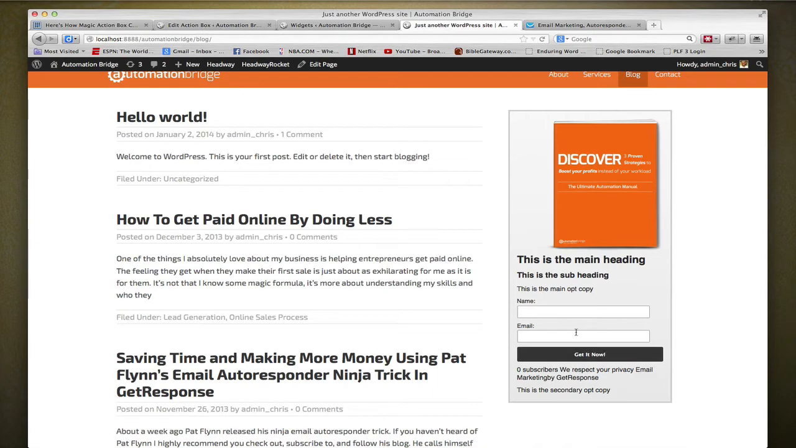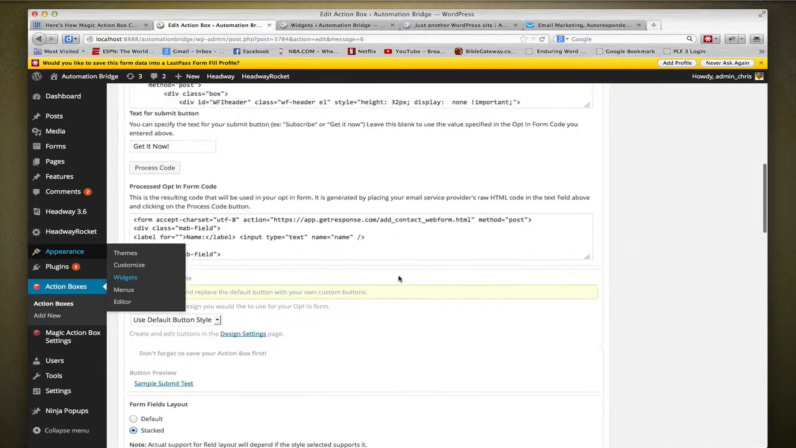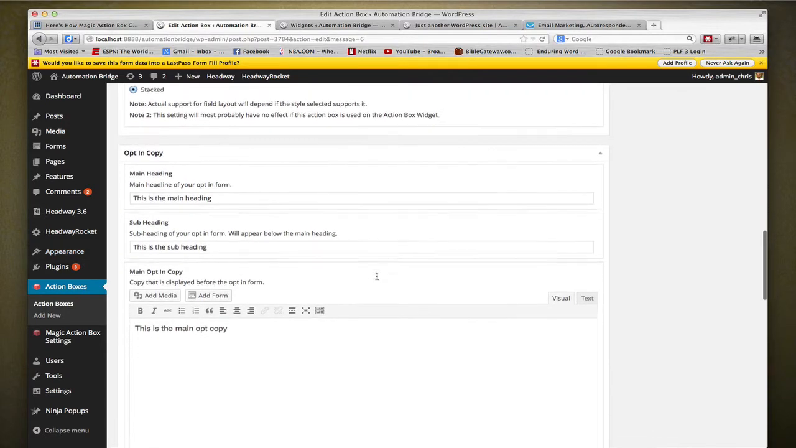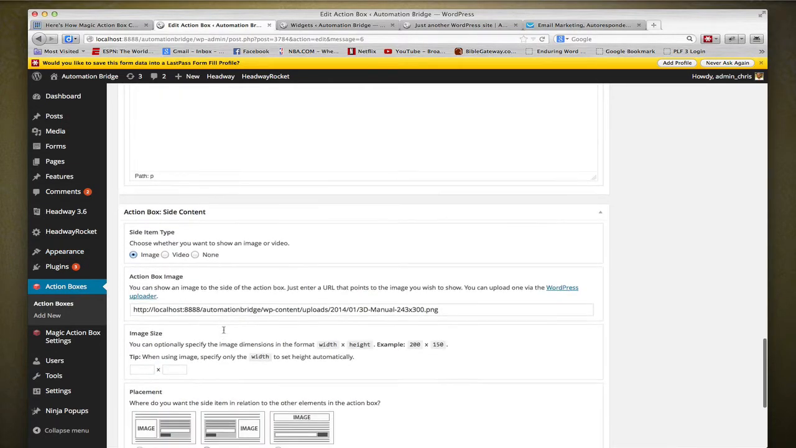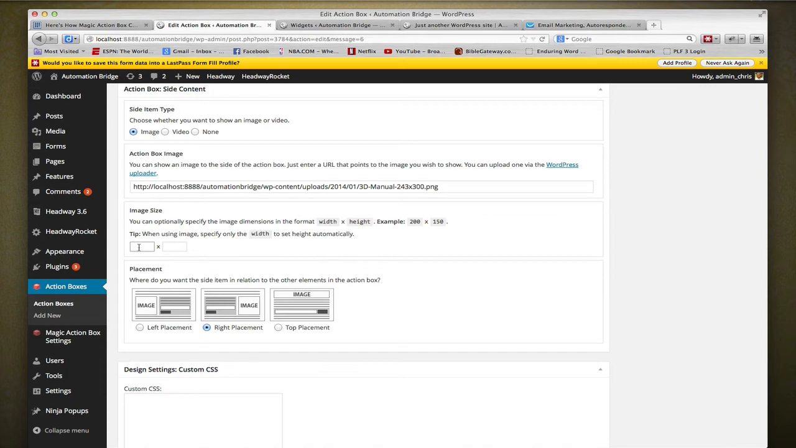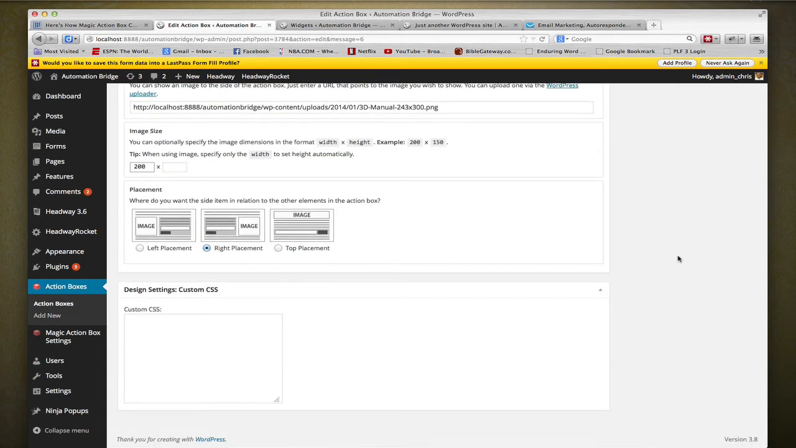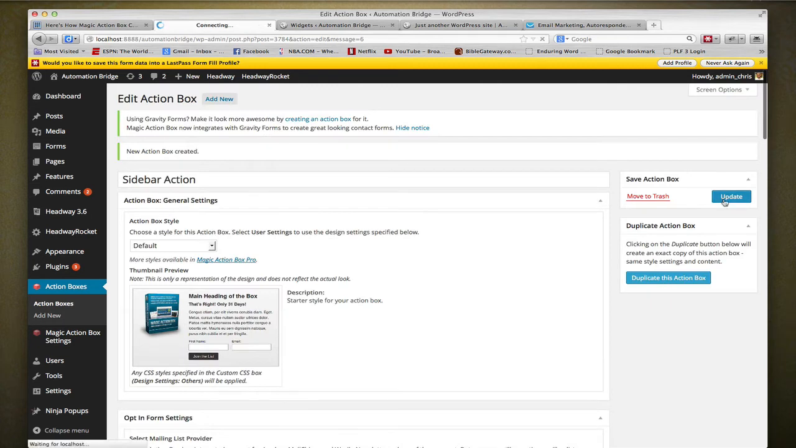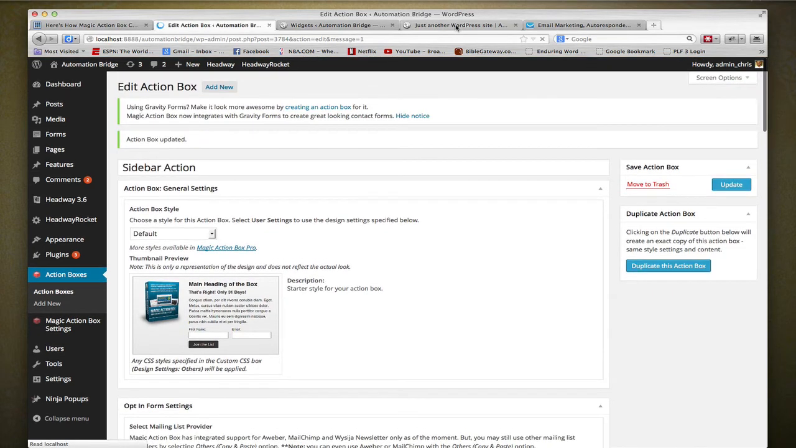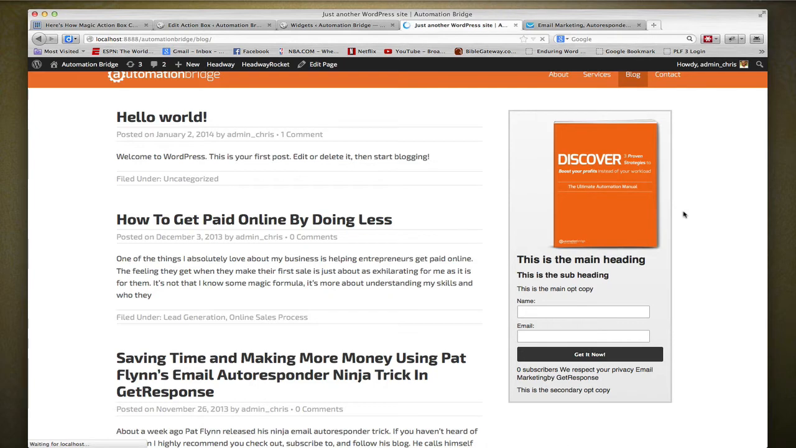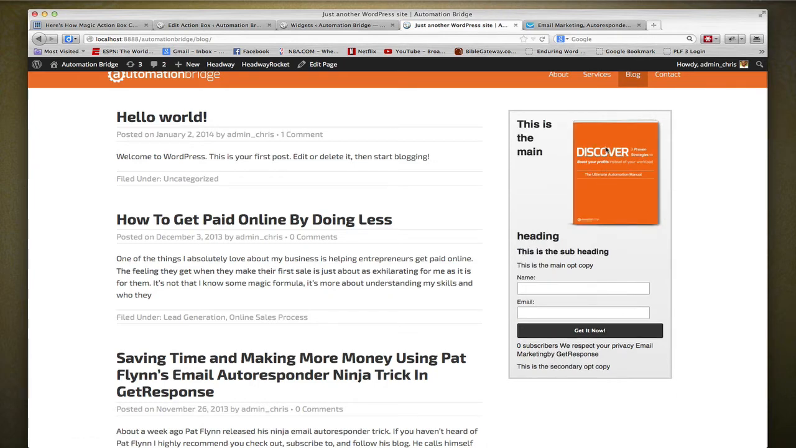Get it now is the text, name, and email. So what will happen if I go back and resize this thing? If I make the image smaller, let's say 200. All right, hit update, refresh, and now it's smaller. Now remember,